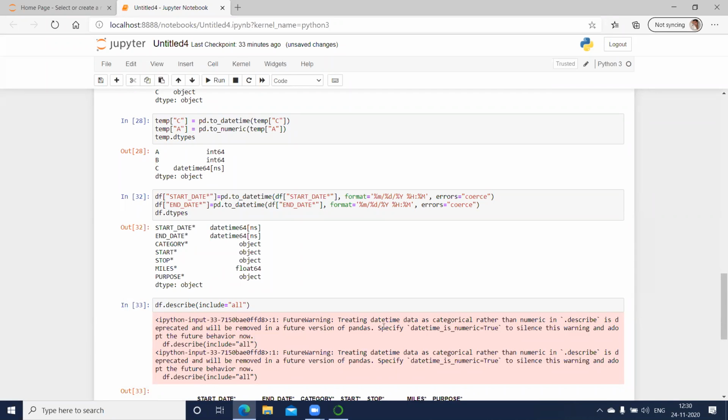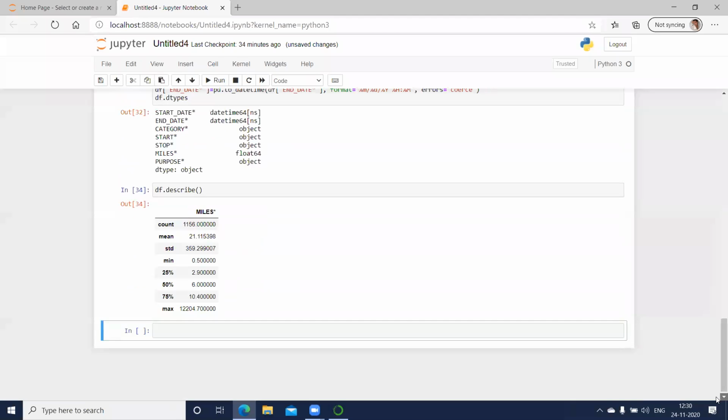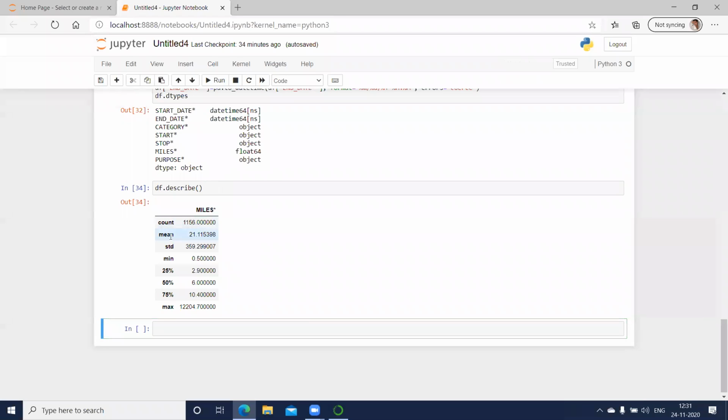Let us give only describe. Okay, now it gives me the count, the number of records, the mean value, then the standard deviation, min, 25%, and so on. Right. Then we also have something called, if I want to know the overall information, so I can give here